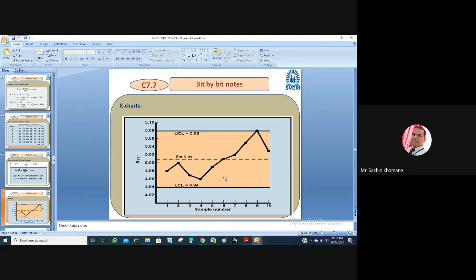Mean values are with you. Sample numbers 1 to 10 are with you. Now just draw the graph and see the trend. Already it is there on screen, so you draw the same things on your paper. Let us see whether you are getting the same chart or not. So friend, this is an X chart. In this way, we can draw the X chart. Now, Shewhart is the philosopher who has developed this control chart, that is the X chart.